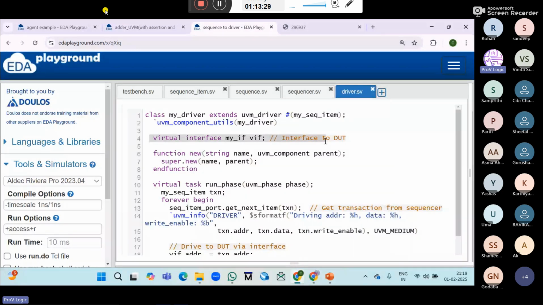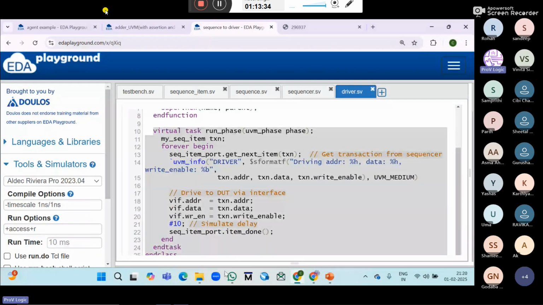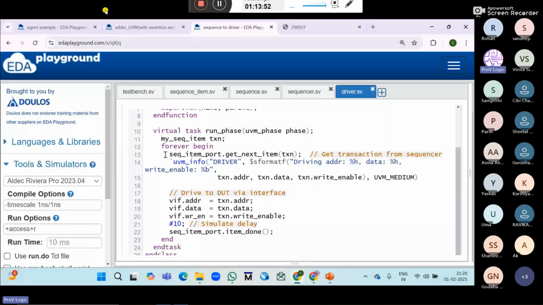Next, constructor and run phase. Actually, here in the driver, we write the build phase also. We don't write the connect phase, but we write the build phase to get the config data. Then virtual task run_phase, creating the transaction here,